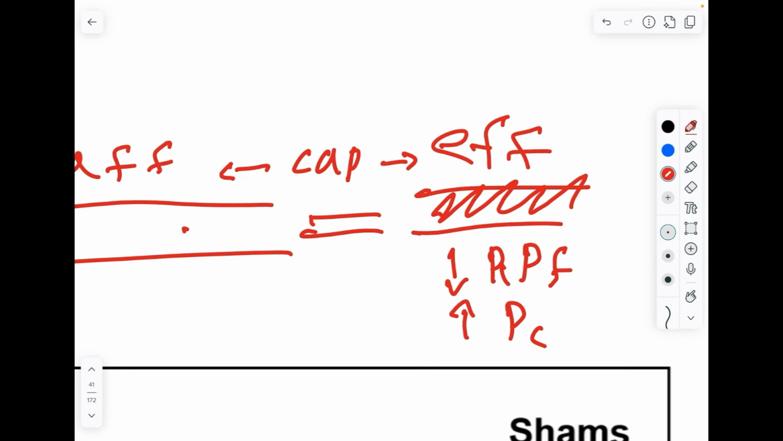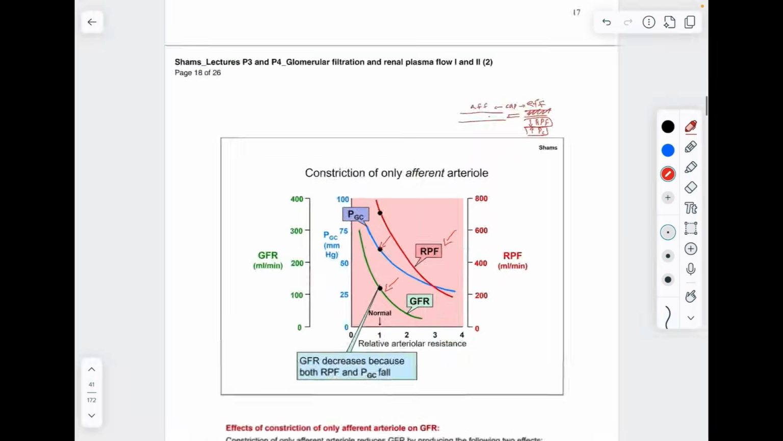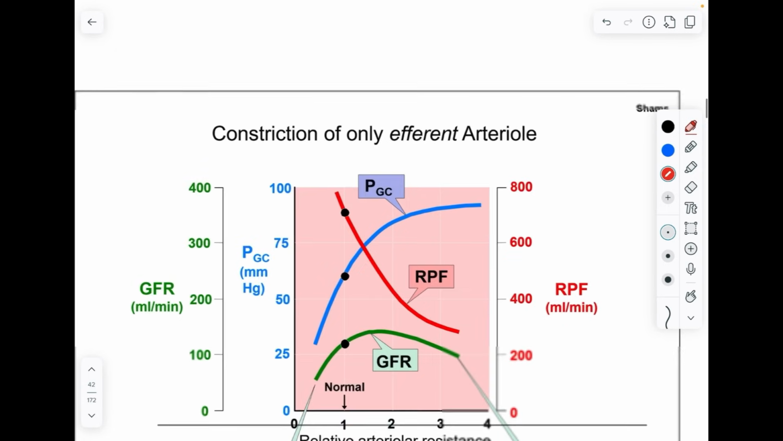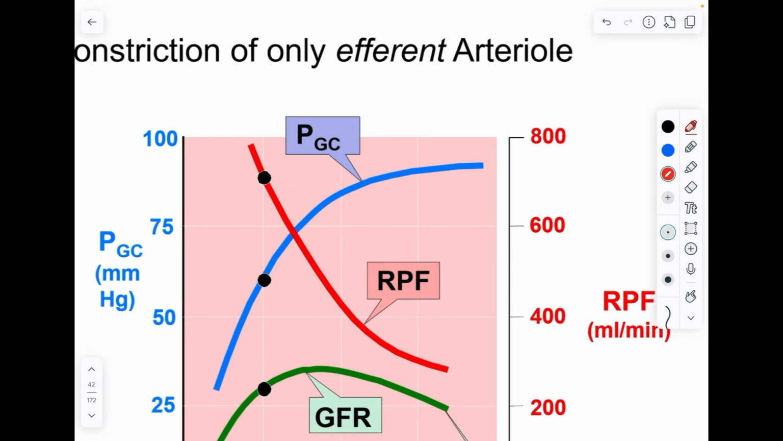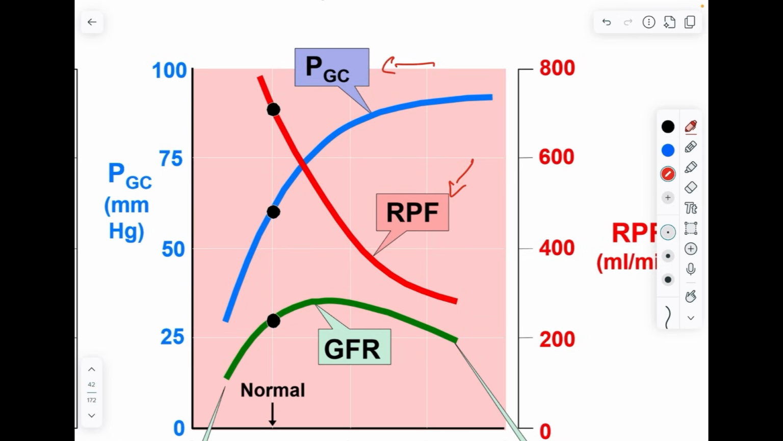Now you see it's contradictory. If you were to ask about the GFR, this one decreased, but this one increased. So what will happen? Well, the answer is it depends. Okay, look at the graph. The renal plasma flow is decreasing, right? And the capillary pressure is increasing. What happens to the GFR? At the first constriction,